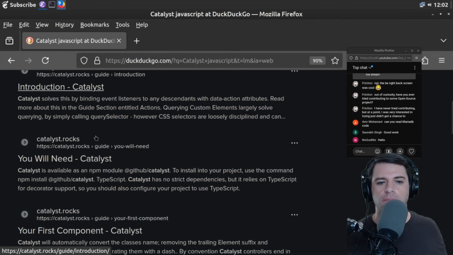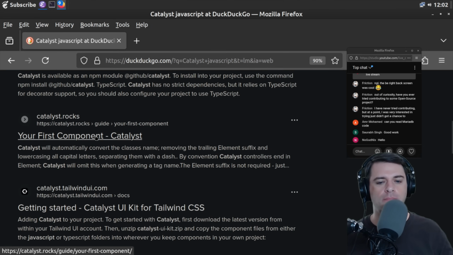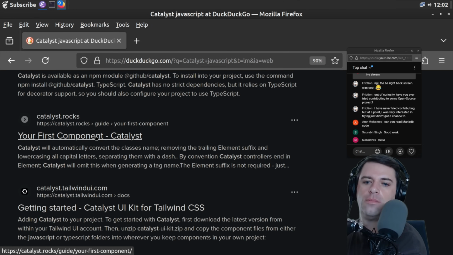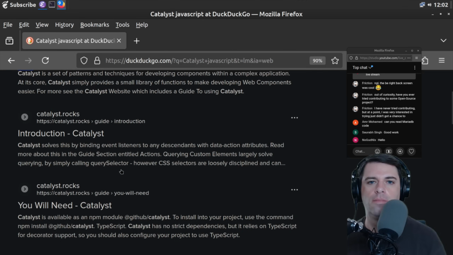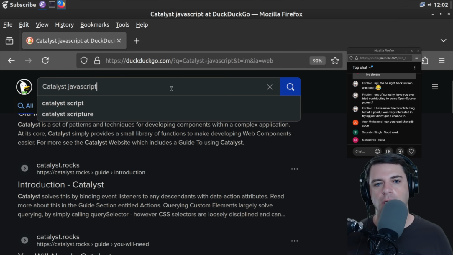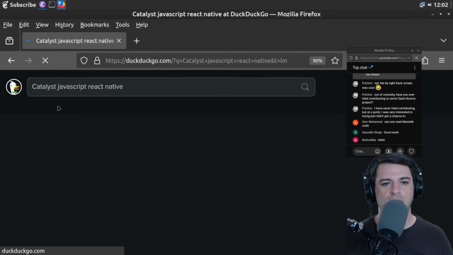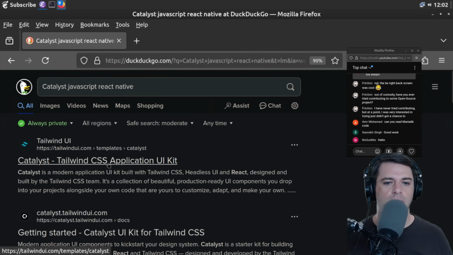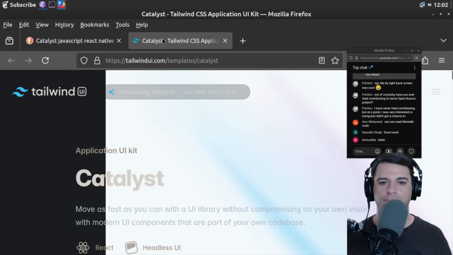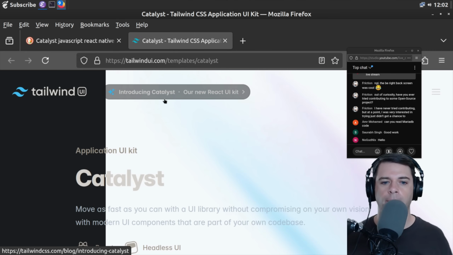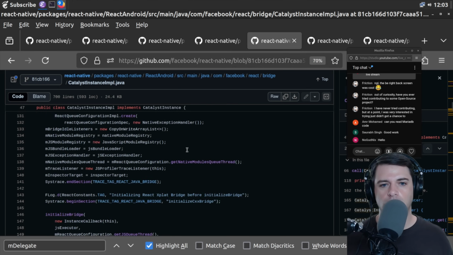I don't know if this is. Now let's try React Native. I don't know if these are the same catalysts. It's a UI toolkit. Move as fast as you can with the UI library without compromising your own vision. Okay, so